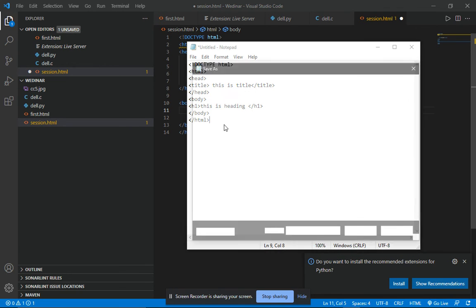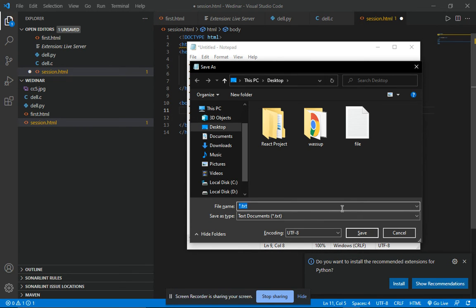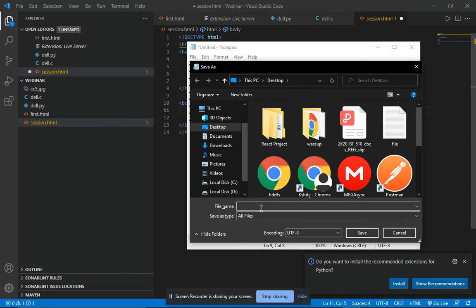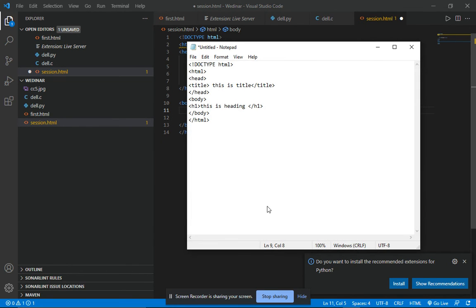So I save it. I change the type from text to all files, and I write the name first web dot html. Just save it.